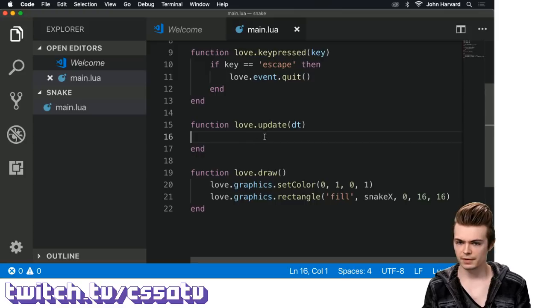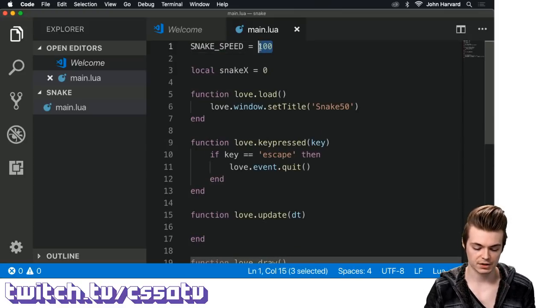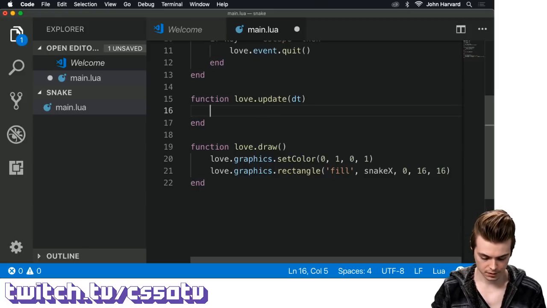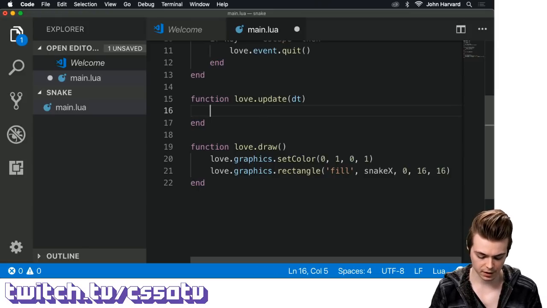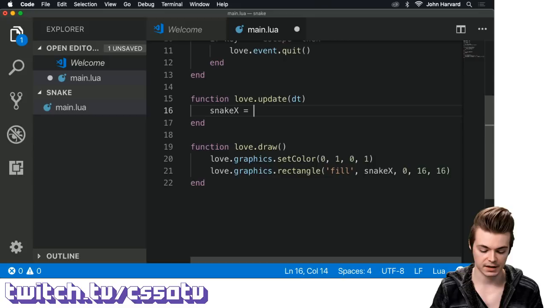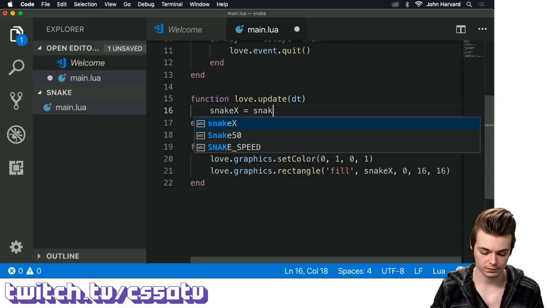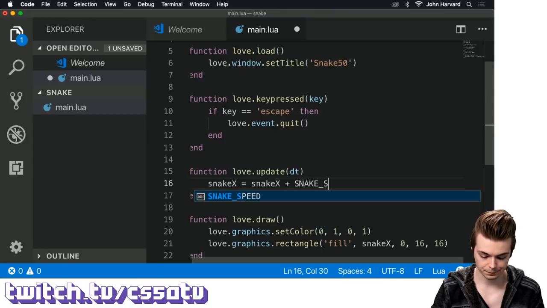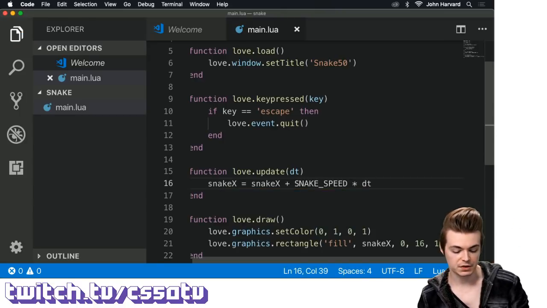This will effectively be how much that moves per second. And if we were to assign snakeX to itself plus the snake speed times delta time,